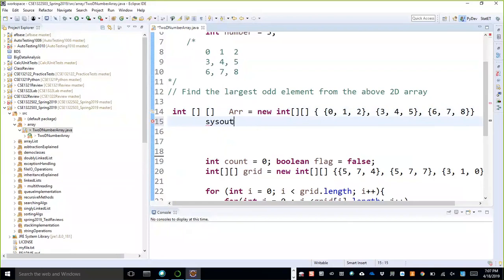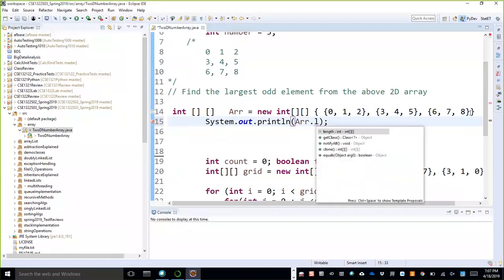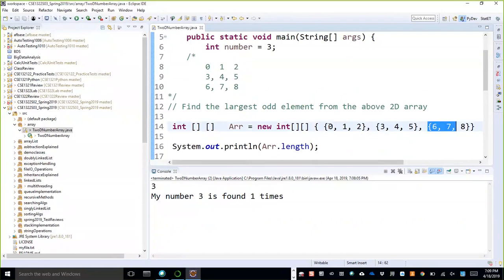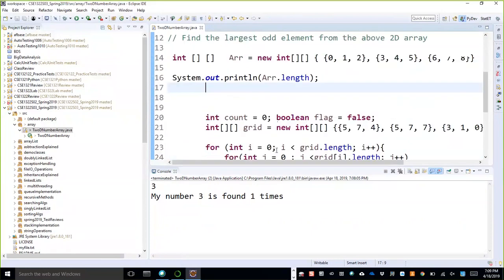The first thing in your array, you should understand the array size, the length. If it was a one-dimensional array, then it would give 9. For a two-dimensional array, I now get 3 over here.